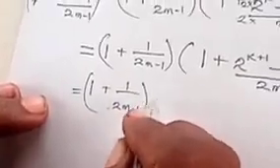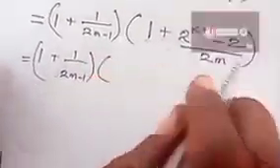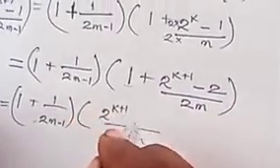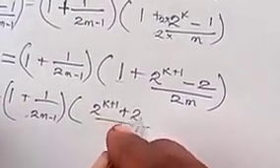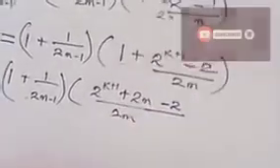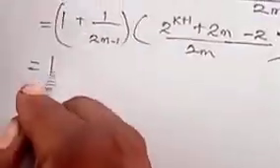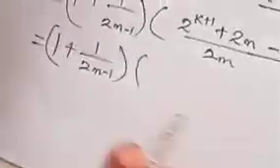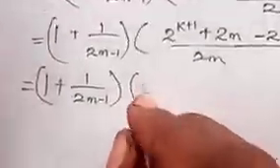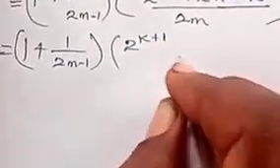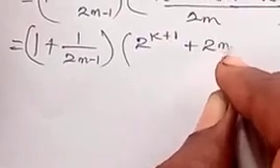That is what we have here again, which is equal to 1 plus 1 all over 2m minus 1 into this one. Let's find the sum, which is 2m. We have 2k plus 1 plus 2m minus 2m in brackets. So we have, you can write this as 1 plus 1 all over 2m minus 1 into, you can multiply and divide by this. We have 2k plus 1 plus 2m minus 2